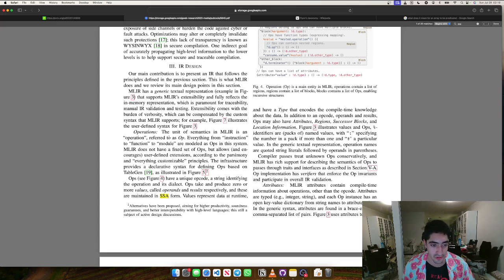Everything from instruction to function to module are modeled as OPs in this system. MLIR does not have a fixed set of operations but allows and encourages user-defined extensions according to the parsimony and customizable principles. The infrastructure provides a declarative syntax for defining operations based on table